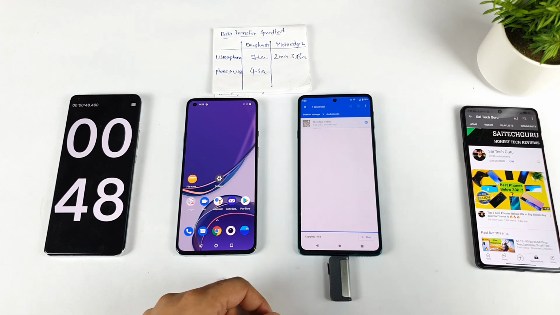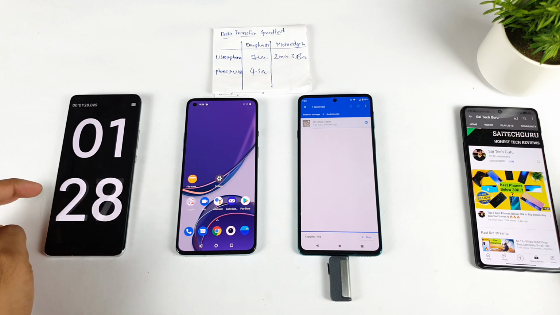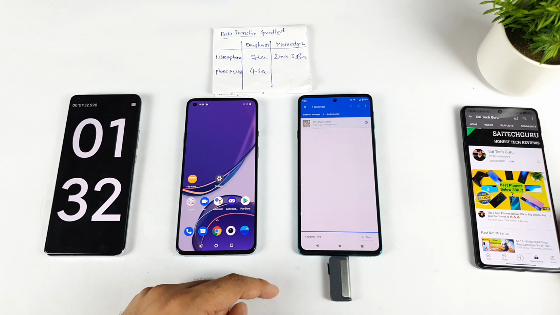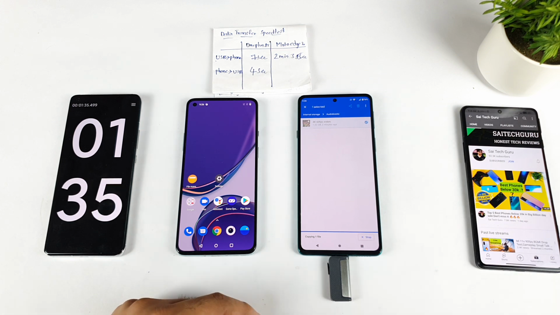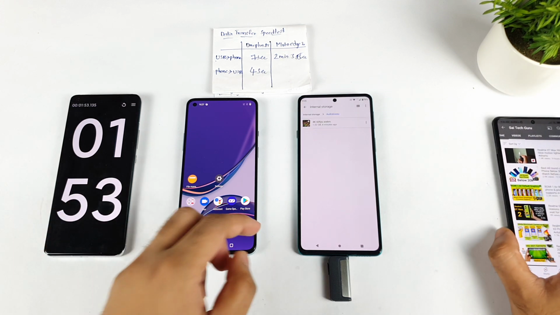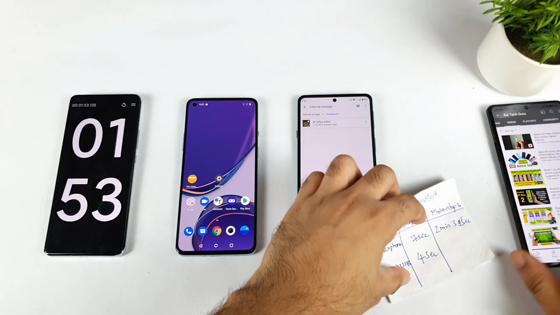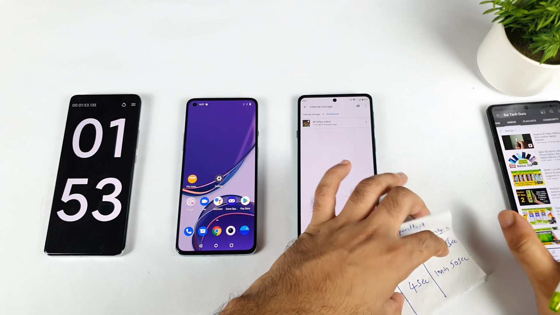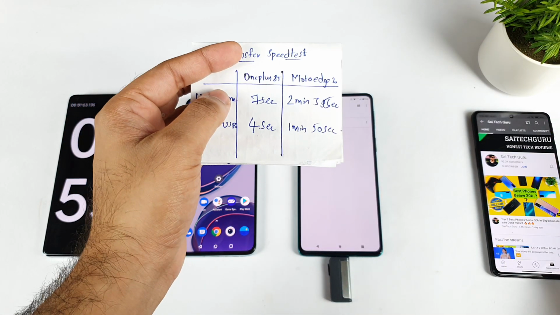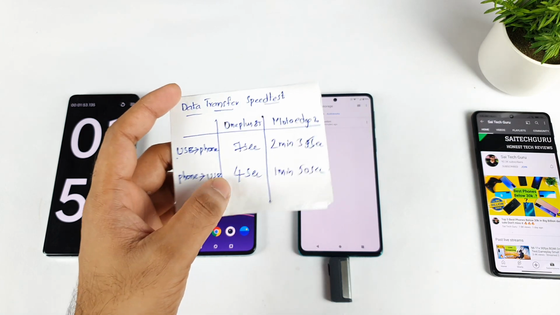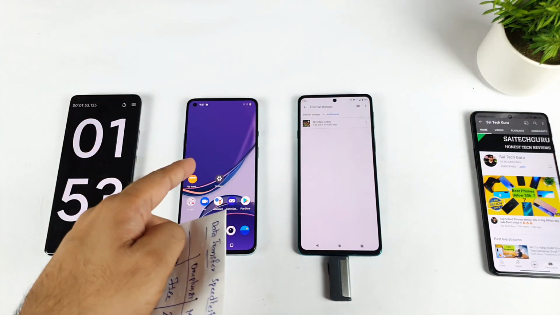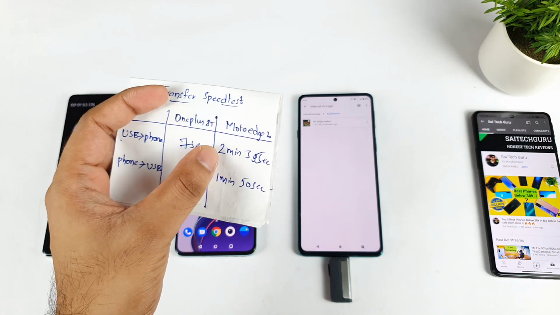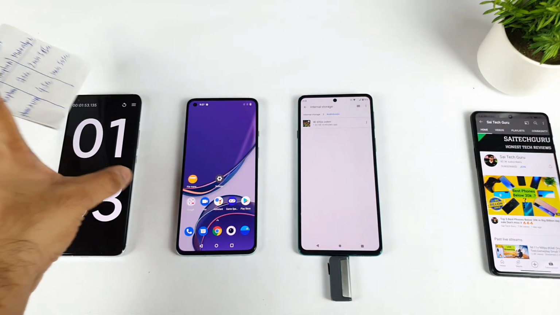So copying file. It's been close to 1 minute and 28 seconds, but it's still showing copying file in the Moto H20. So finally it's finished copying the file just now. So 1 minute and 50 seconds is the time it took overall to copy the file. So this is the complete read and write strength of this Moto H20 and the OnePlus 8T. So 2.0 versus the 3.1 which is present in the OnePlus 8T. There's a huge difference, 7 seconds and 4 seconds versus minutes. As you can see, this is what I'm trying to mention clearly.